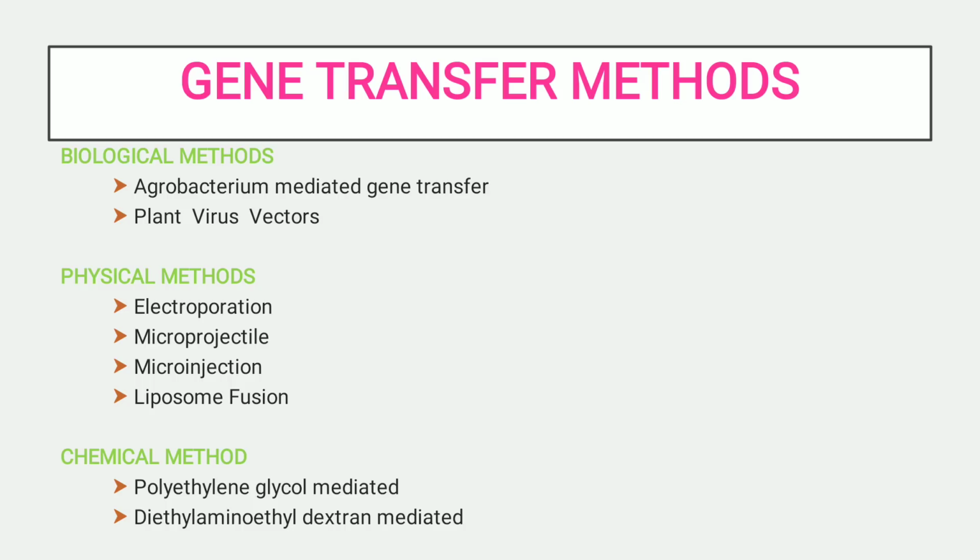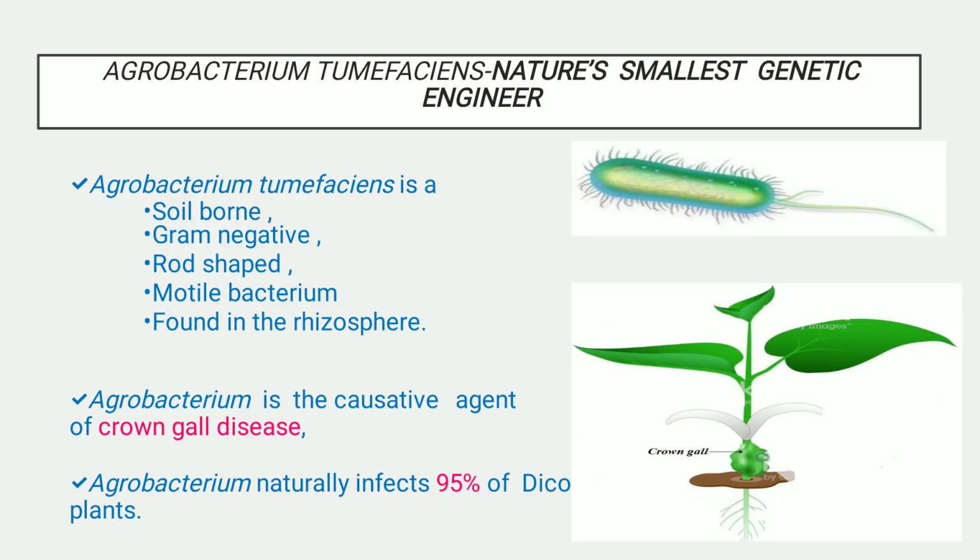So first let me deal with the biological method. So how this Agrobacterium tumefaciens can be used in the gene transfer technology. As we all know, it is nature's smallest genetic engineer, and I'll tell why and how this can be used as a genetic engineer, or why this is called nature's smallest genetic engineer. So to tell a few ideas about Agrobacterium, it is a soil bacterium, gram-negative bacterium, rod-shaped, motile,